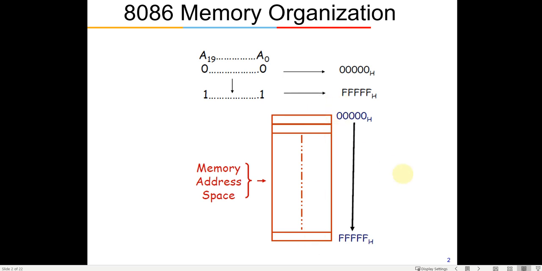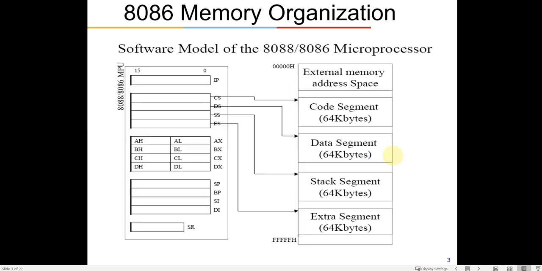Now, when we see the register size within the 8086, it is only 16 bits maximum. But we can't put a 16-bit address onto the address bus. We need all 20 bits to address a particular memory cell, so we need to generate the 20-bit address. How do we do that? What is done is that the memory is divided into various segments.